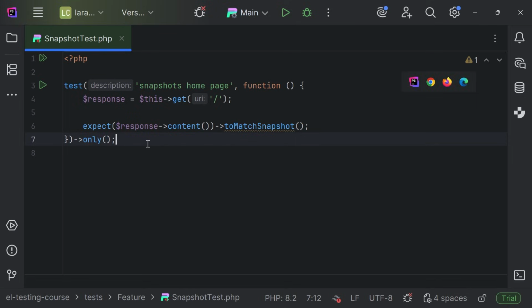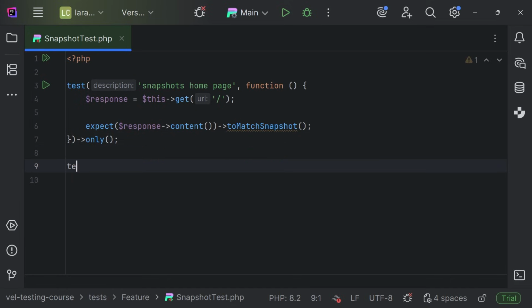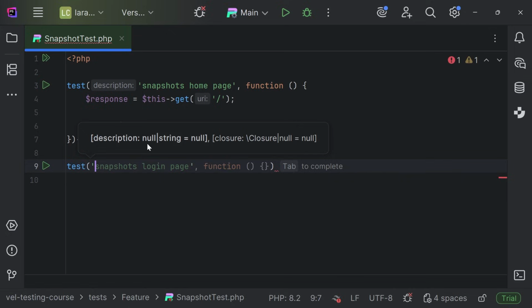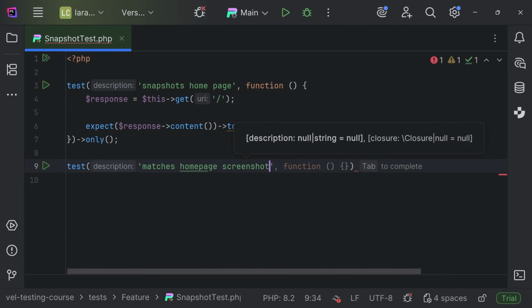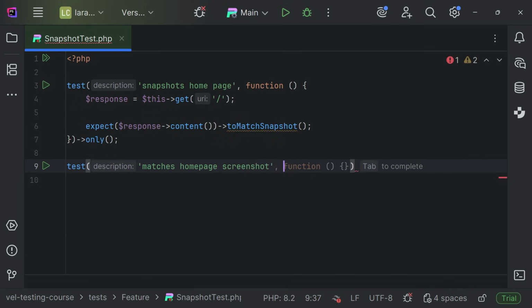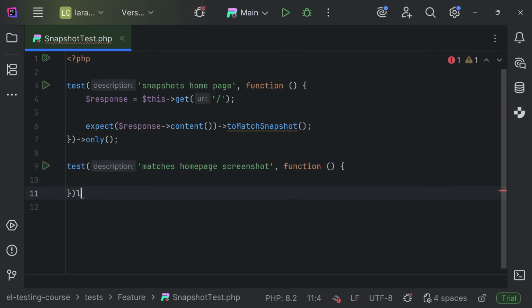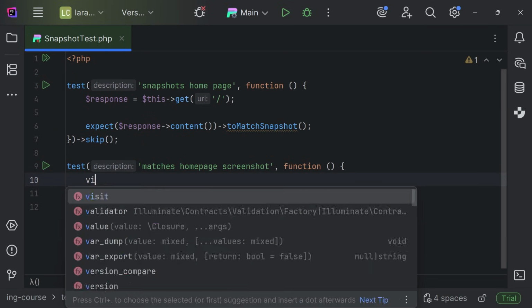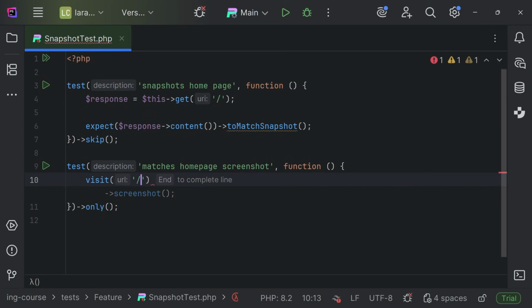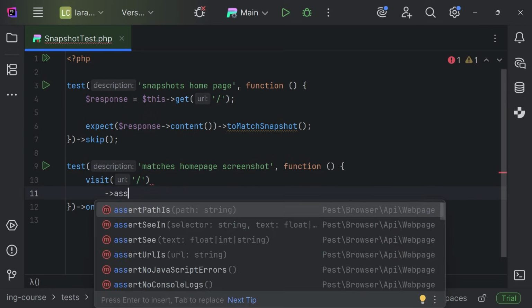Now, let's see another example, which is more visual regression testing using screenshots. I'm going to use test here, and let's give it the following description: matches home page screenshot. Okay, now we are not using snapshot as an HTML, but we're going to use screenshot. I'm going to skip the above test, and I'm going to only execute this one. We are going to call visit here, provide slash, we're accessing the home page, and then we're going to call method assert